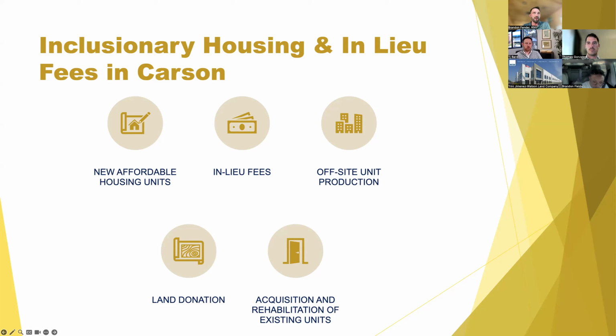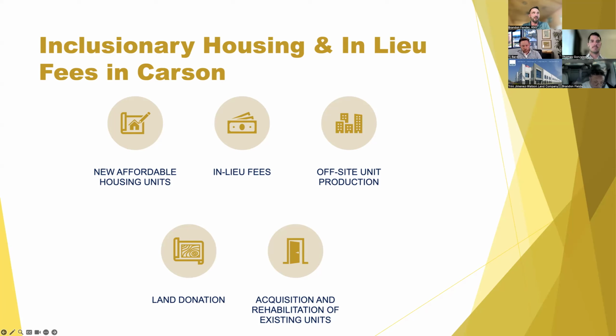If developers choose one of these alternative means of compliance, such as the in lieu fee, the inclusionary housing policy could be visible in the community in one of many different other ways. So in lieu fees, as I mentioned on the previous slide, would be pooled together by the city and leveraged with state and federal funds to build larger scale affordable housing development projects. Collecting in lieu fees and leveraging them with other sources is likely to generate, again, more affordable units than would otherwise be built with any other means of compliance.